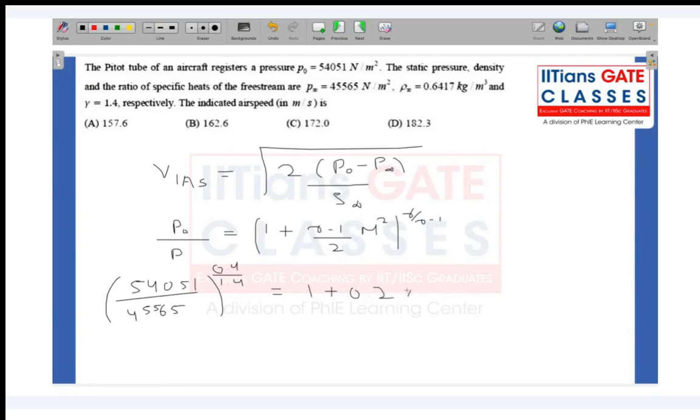If you were to do this calculation, your M will turn out to be a value of